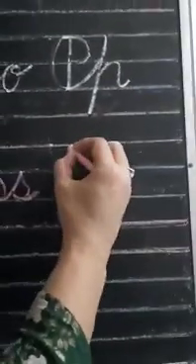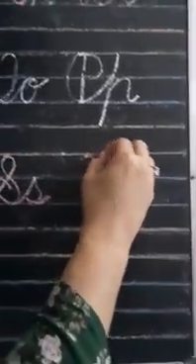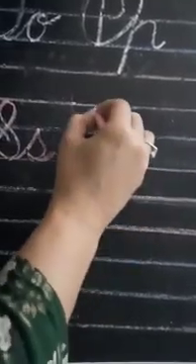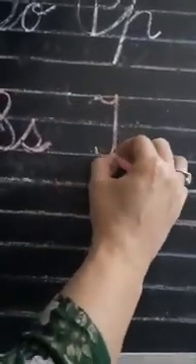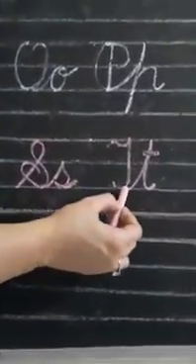Now joining T. Okay. Take a curve like this, come down and take a turn. Upper curve and lower curve should be equal. Go up, come down, take a turn and red or blue line के center में cut on the line. Okay? Be careful, आपको cut जरूर बनाना है. Okay? Joining Q, joining R, joining S, joining T.